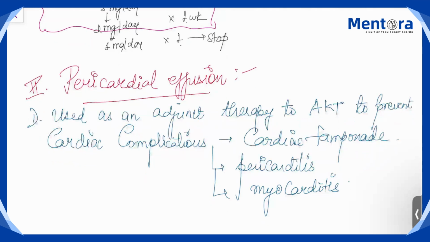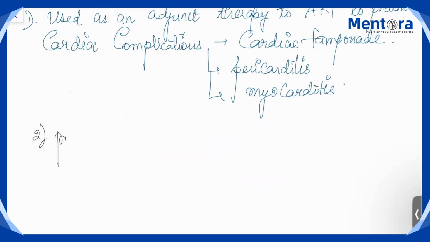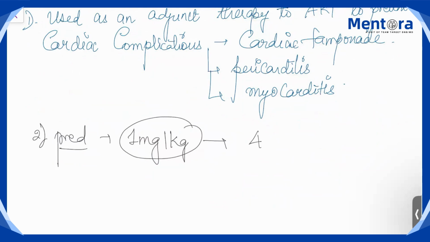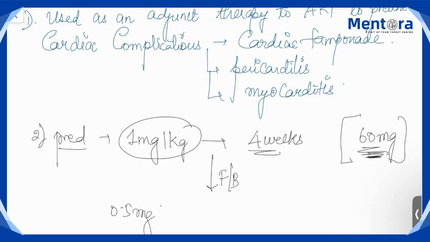Okay, what is the drug that you are using? So here you are using prednisolone is preferred. The dose is 1 milligram per kg. This has to be given for 4 weeks. So 60 किलो का बंदा है तो you will give 60 मिलीग्राम और 4 हफ्ते मतलब 1 महीने तक सेम 60 मिलीग्राम की डोज चलती रहेगी, followed by 0.5 milligram per kg for next 4 weeks.